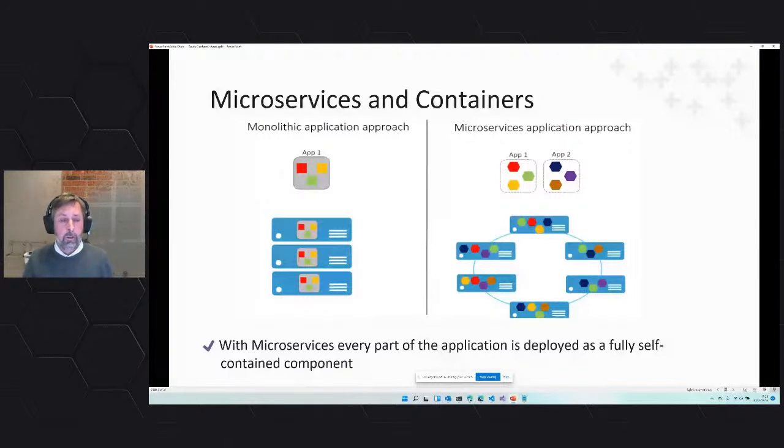Once you have packaged it, you now have very many options of how you can actually deploy them, and the configuration works the same way. So microservices and containers really have gone hand in hand. And we'll be talking about different options of running containers in Azure, and I will be focusing on a new one. But before we talk about the Container Apps service in Azure, let's just take a step back